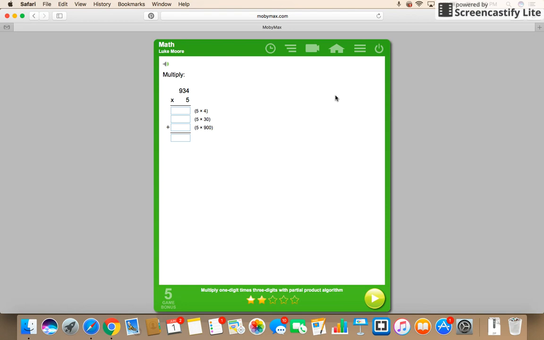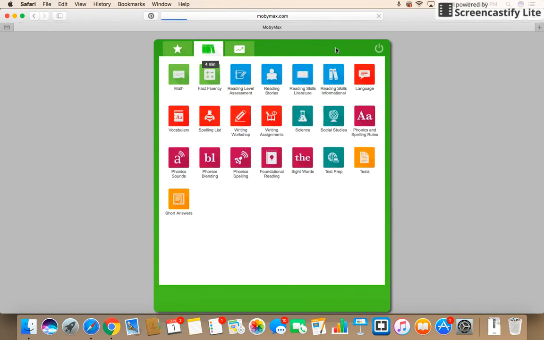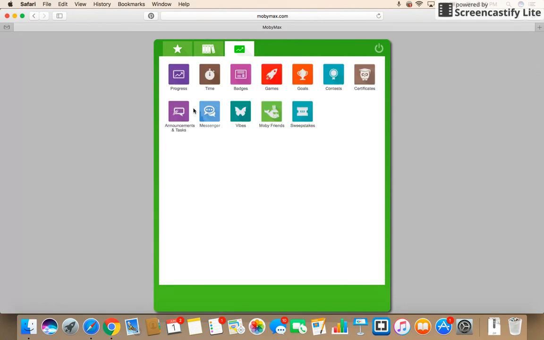One of the neat things about MobyMax also is that the kids can generally work through it independently. That's another good thing about it. So he can use this little home button, which will take him back to this screen. Another thing to know is this third tab has some progress pieces here. So under progress,